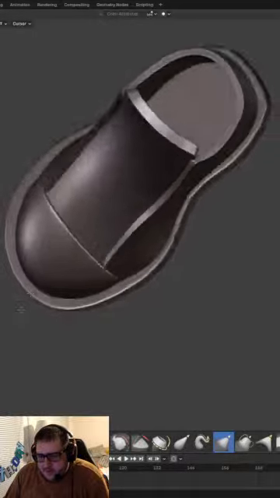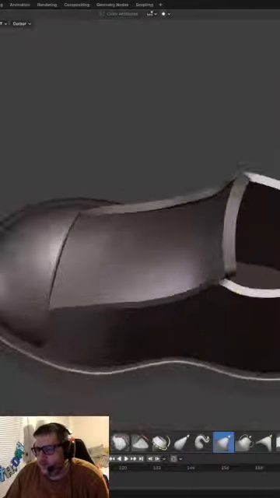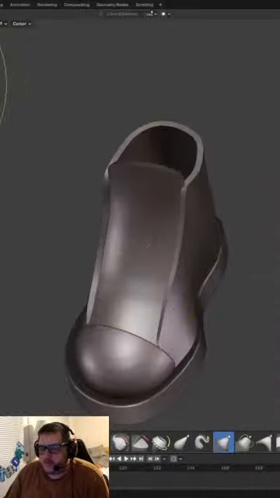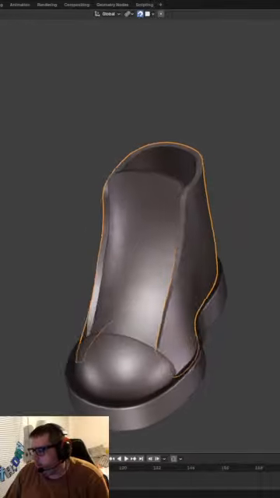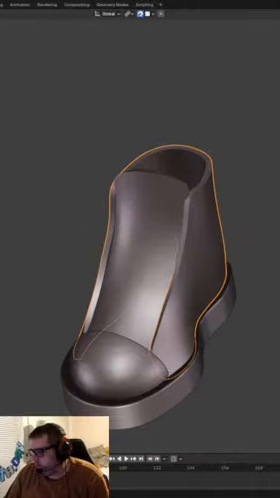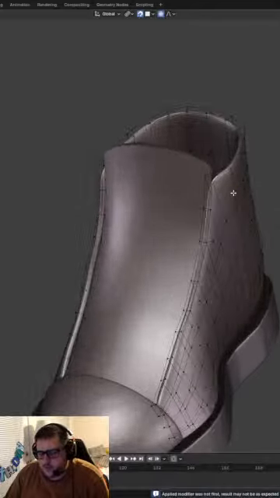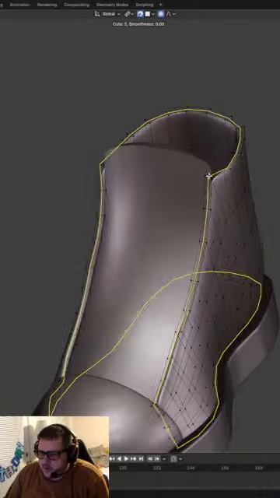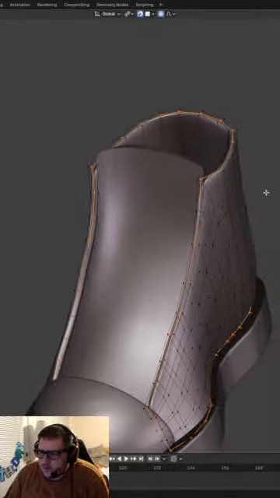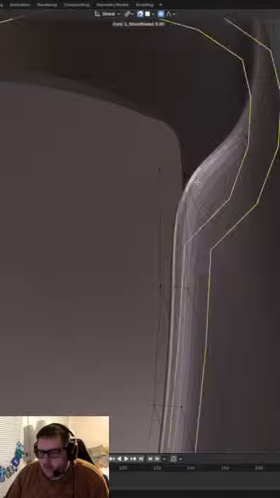So what I'm thinking here, let's see if we can apply this solidify modifier here, and let's see what we can do by adding.